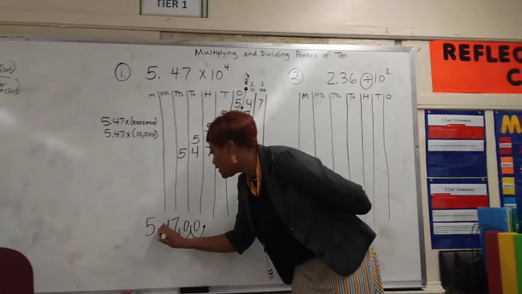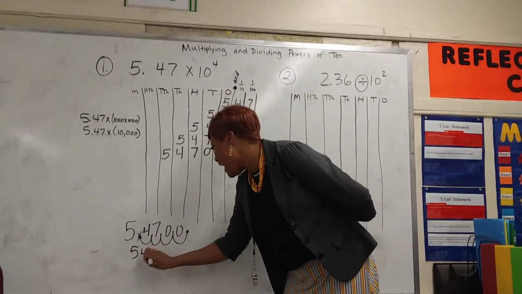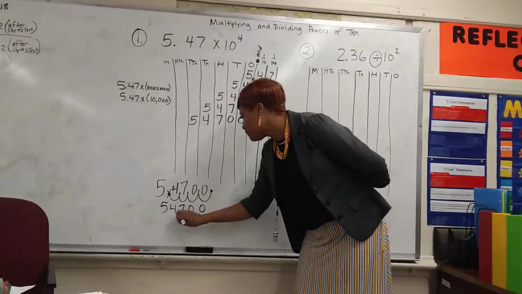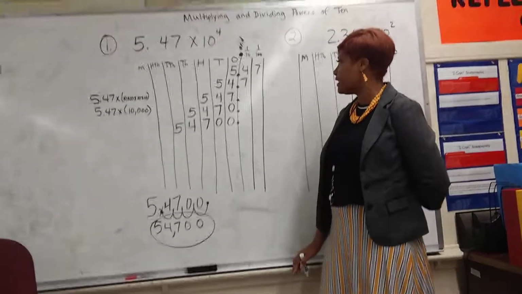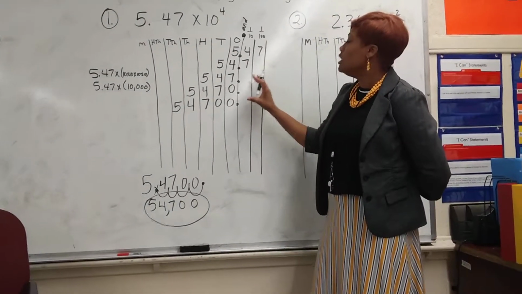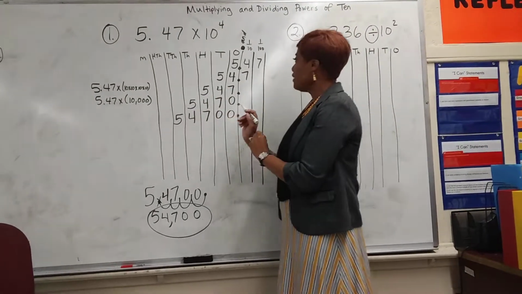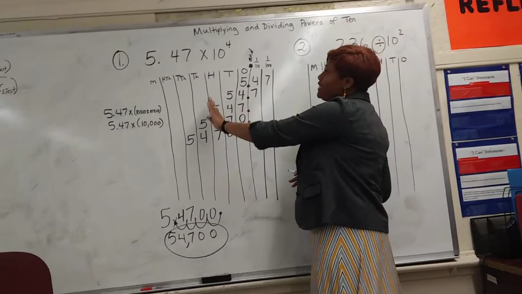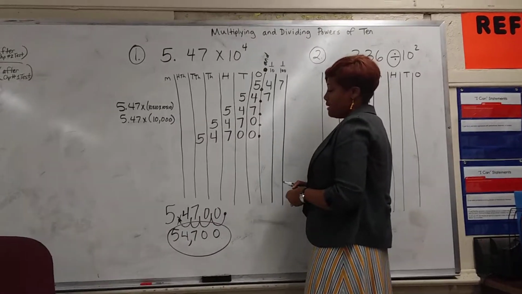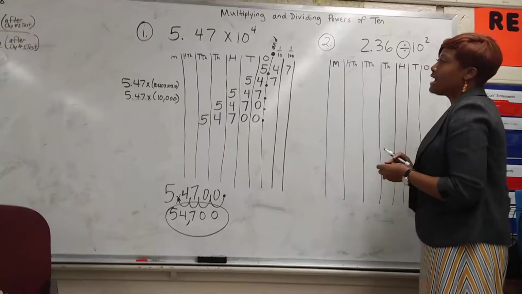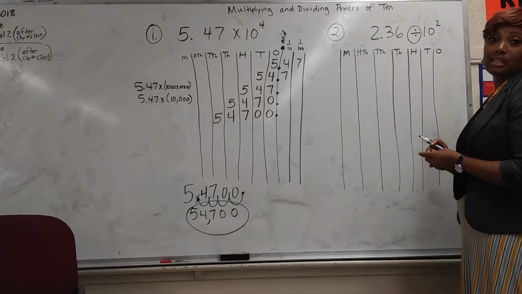So in our final answer, the decimal is no longer in between the 5 and the 4. It is now behind the second 0, or simply put, 54,700. So this place value chart helps build the concept that the digits move to the left, and each place value to the left is 10 times as much as the place value on our right. All right, let's build our concept with the second problem,